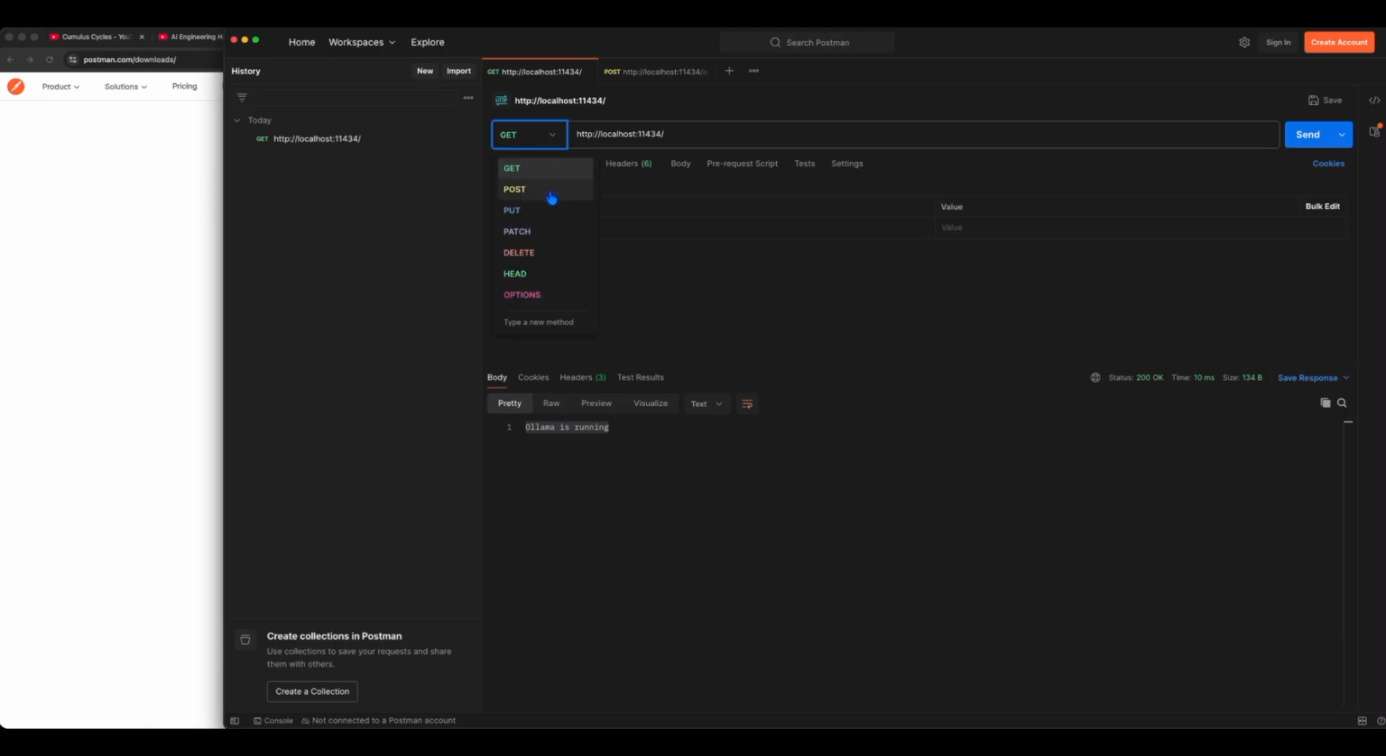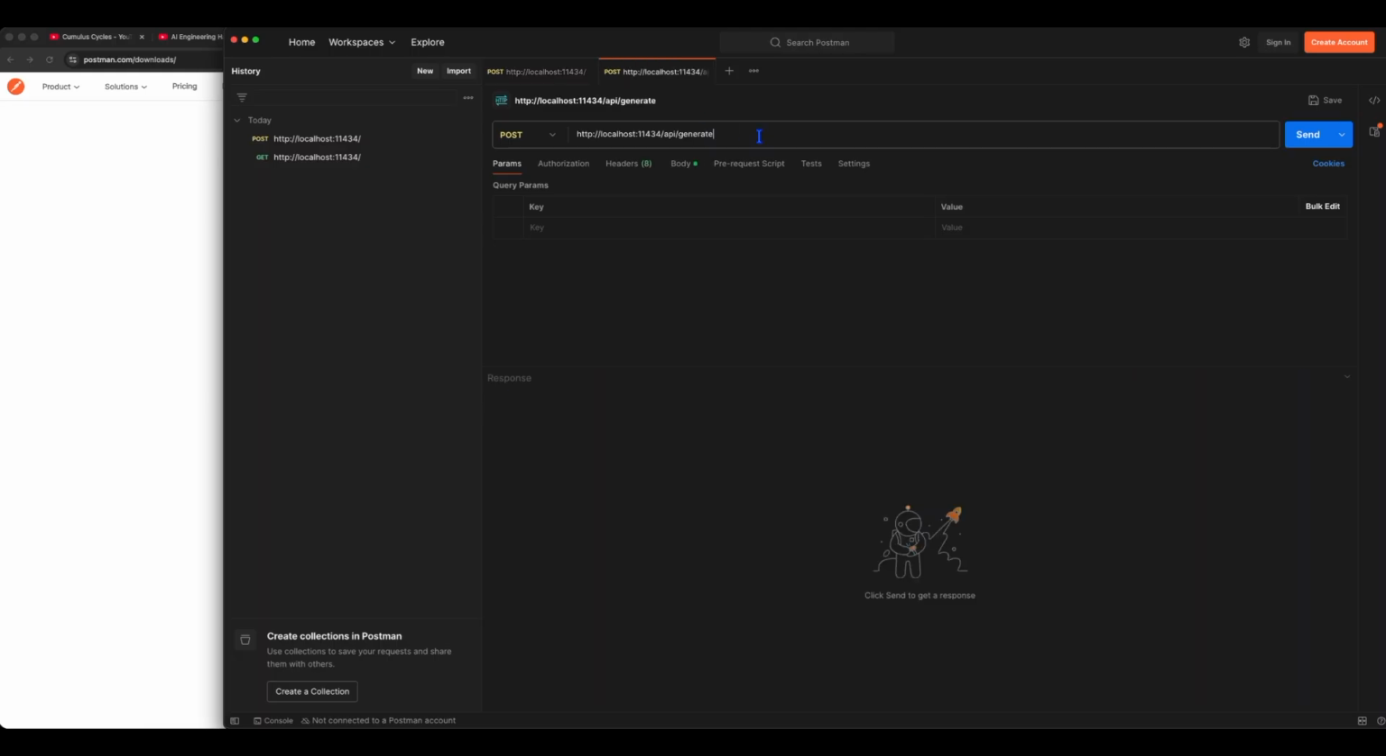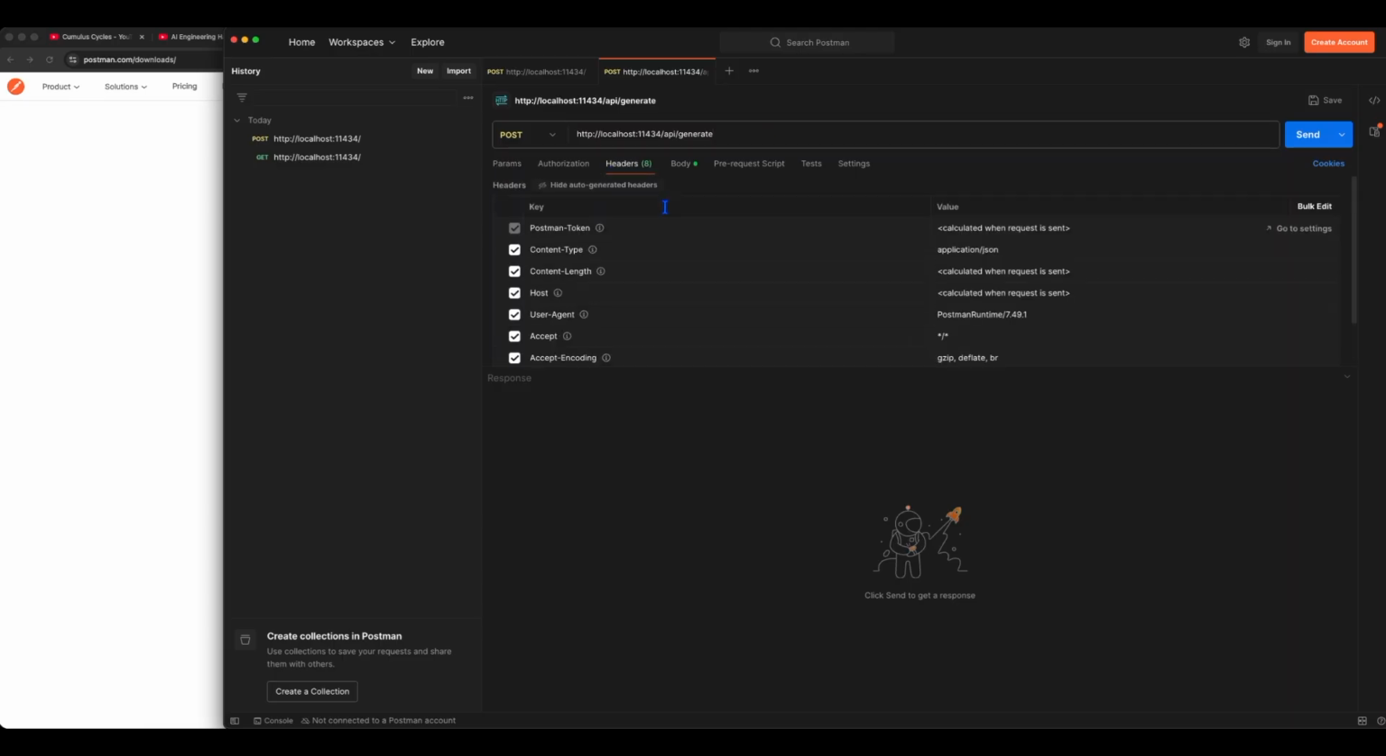So if I change this to a POST request and click send, we get a 405 response saying this method is not allowed. And that's because we need to use a different endpoint. So here, I'm going to make a POST request to localhost:11434/api/generate. And before I do that, I want to check the headers and ensure the content type is set to